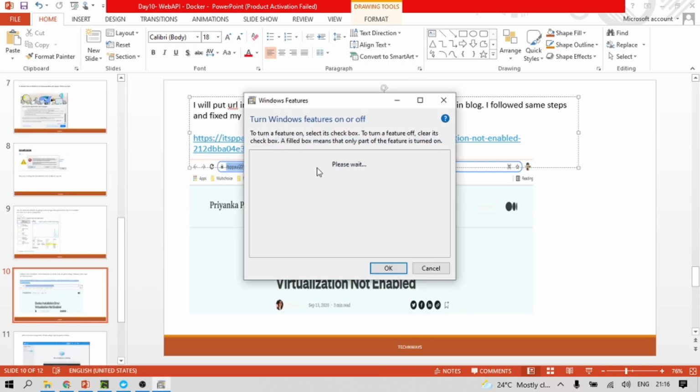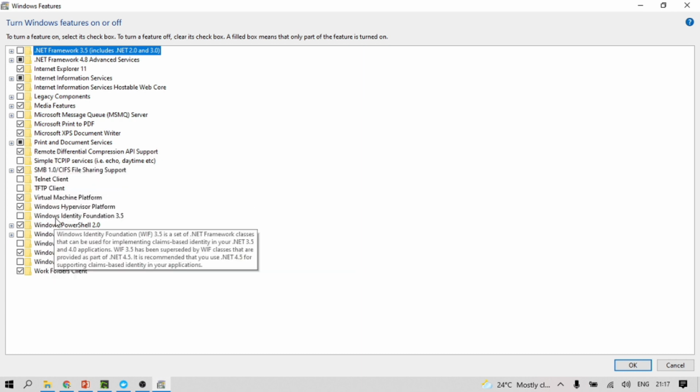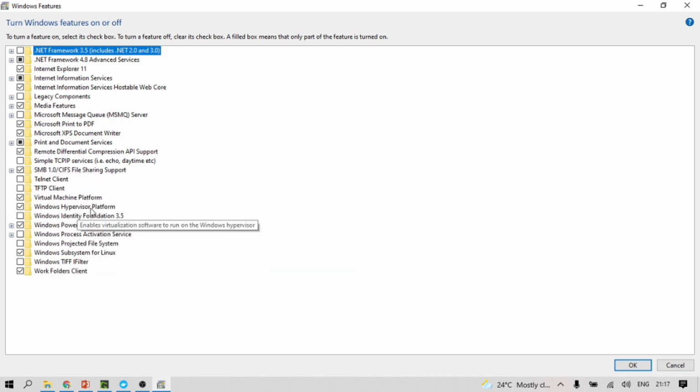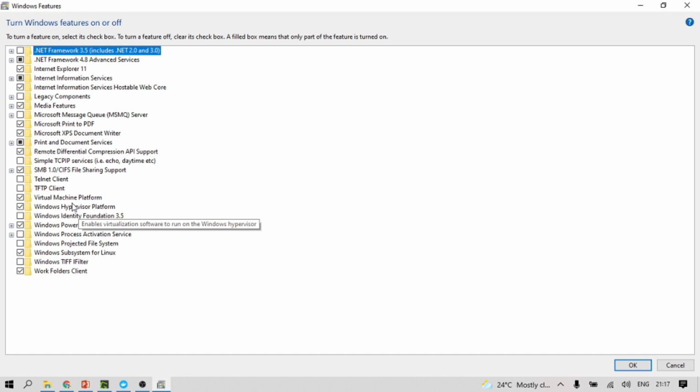Go here, Turn Windows features on or off, and here you will find Hyper-V and Windows Hypervisor Platform. Check both of these and save. Some Windows features will get updated in the background, and your PC will ask for a restart. Restart the PC after doing this, and see whether Docker is running properly or not.